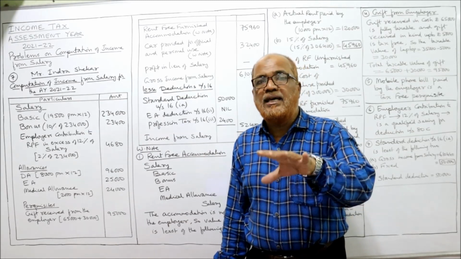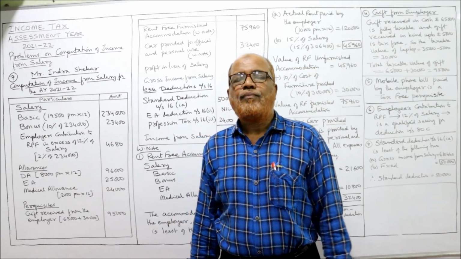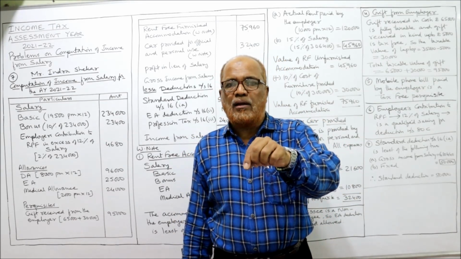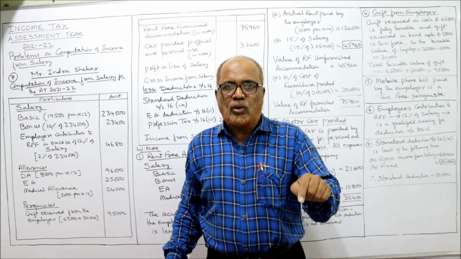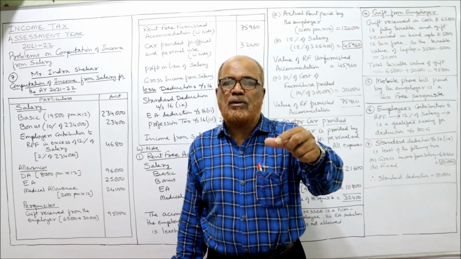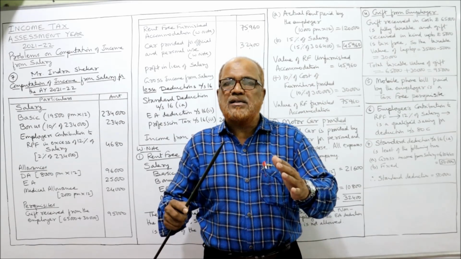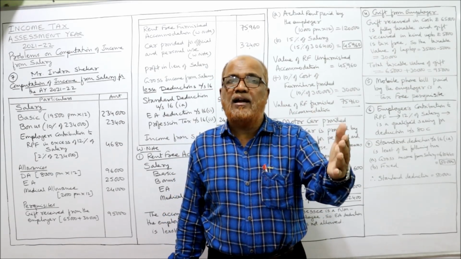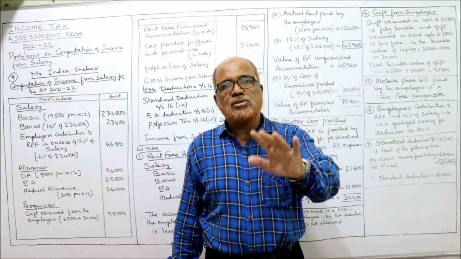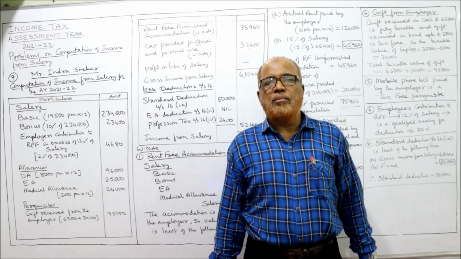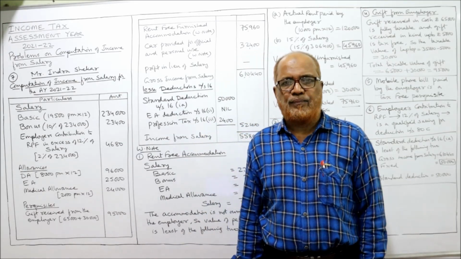Now, gift given in cash 65,000. So one provision, note it down immediately. Gift given by the employer in cash is fully taxable, always. So here in our problem, cash gift given by the employer 65,000, so complete 65,000 is taxable. Whereas gift given in kind is exempted up to 5,000 and over 5,000 it is taxable. In our problem, 65,000 rupees cash gift is given, that is fully taxable.